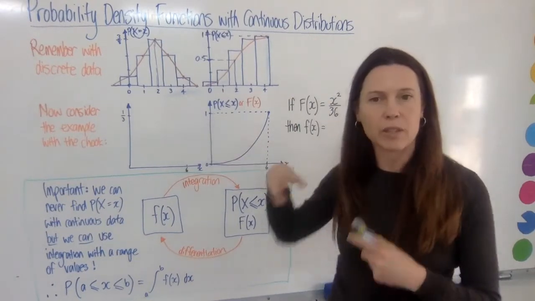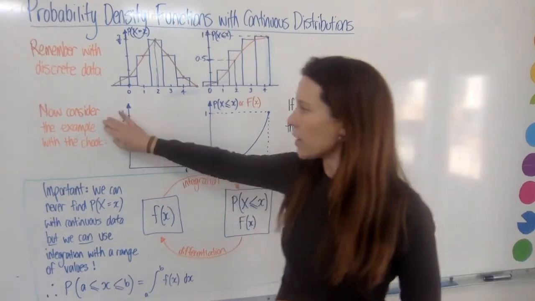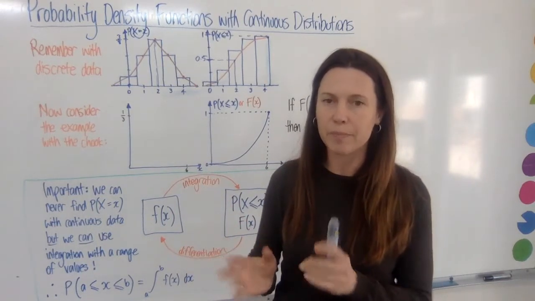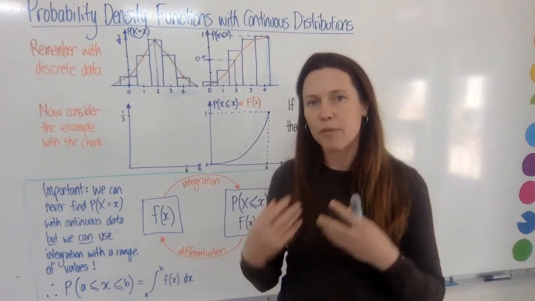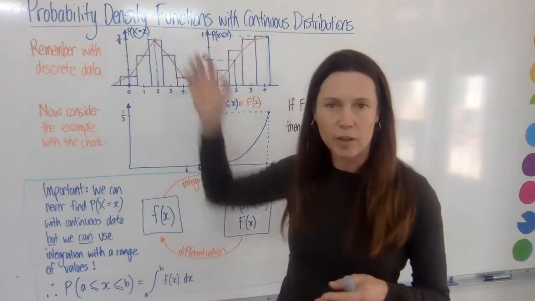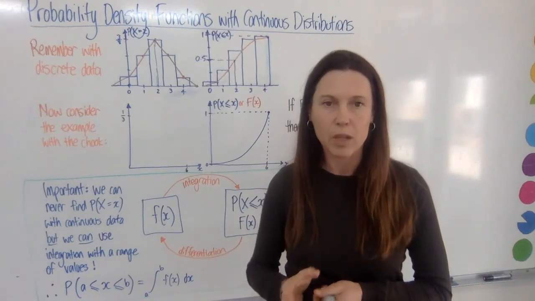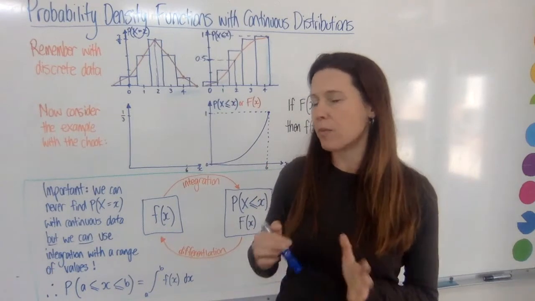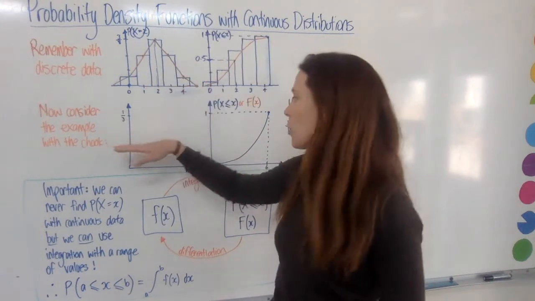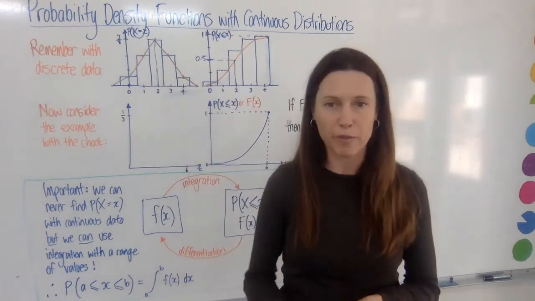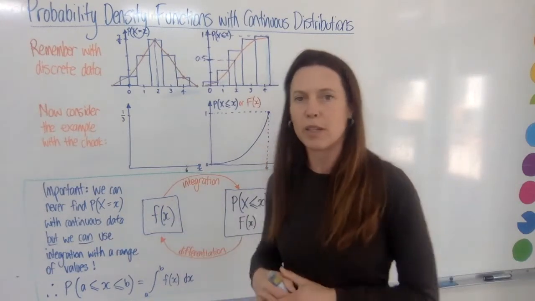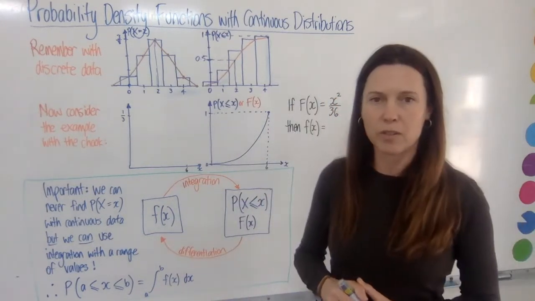So if we now take our understanding with the discrete data and look at drawing the PDF and the CDF with continuous data, we can use our example that we've just seen with the chook wandering around its circular yard. But there's 2 problems. The first problem is that we've got an infinite number of columns on our histogram, so we can't actually draw the histogram. We can draw the polygon, and that gets us around that. Instead of having a jerky orange line like we have here, we'll have smooth lines, and we're calling them functions now